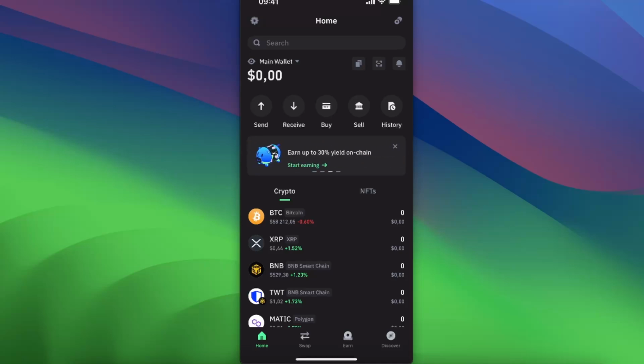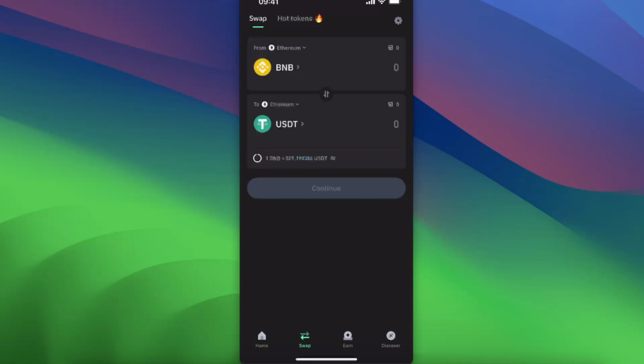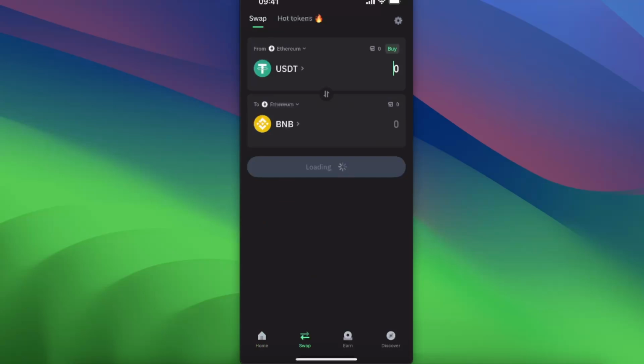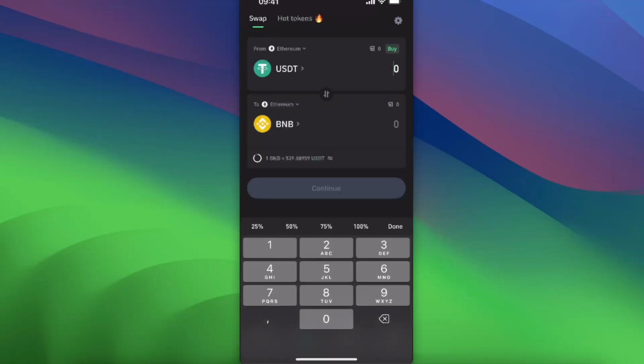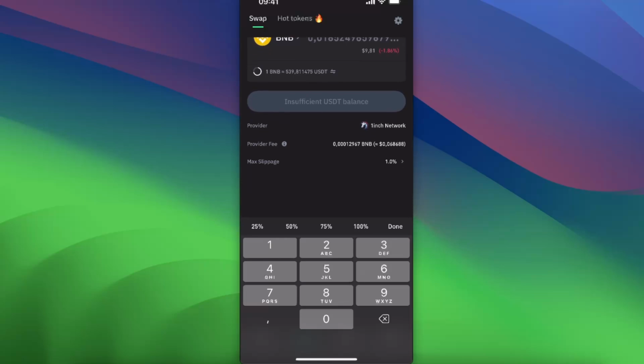So to swap it, one method would be to go on swap right there and choose your coins, which you want to go ahead and swap between. And after this, you can go ahead and write down how much you want, and then you will see how much you will get, as you can see. And now you will see that the provider is 1inch Network, provider fee, as you can see, and